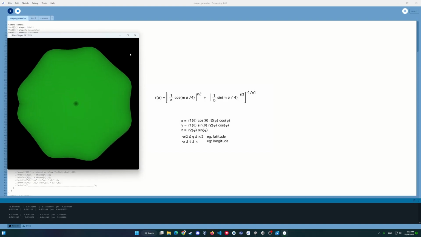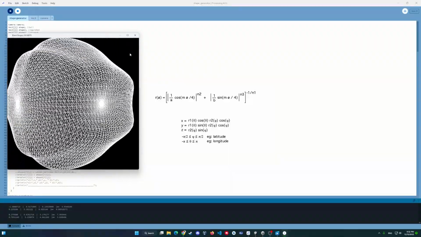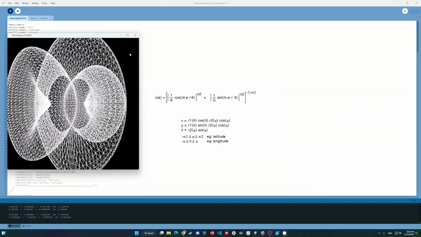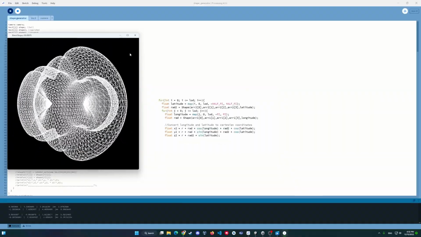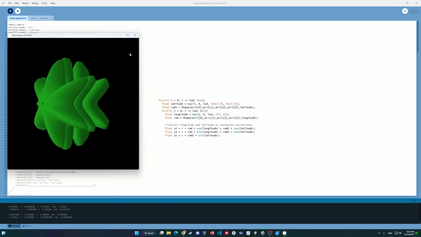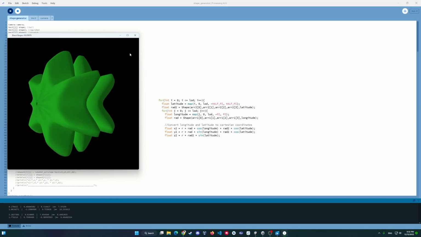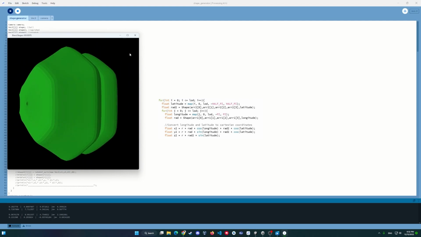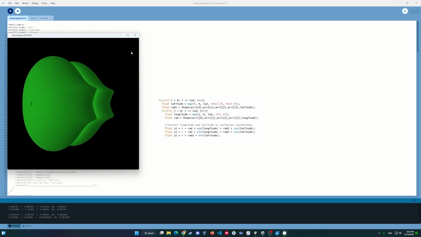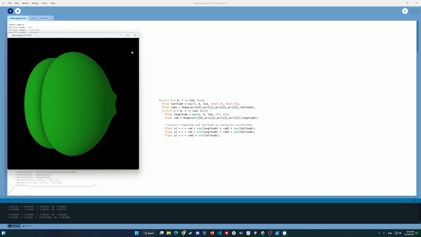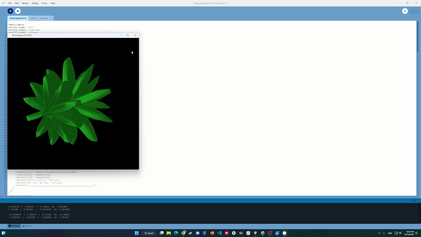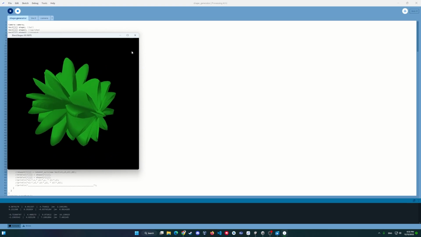To extend the shape into a 3-dimensional spherical shape, we define the x, y, and z coordinates as the following. To calculate these angles, I have a nested loop that iterates from 0 to the number of triangles used to build a mesh, or the level of detail. I then scale some value of i from 0 to the number of triangles to a range between negative half pi and half pi to calculate phi. To calculate theta, I scale some value j from 0 to the number of triangles to a range between negative pi and pi. These shapes are stored as a 2D array of vectors, with each vector representing a point in